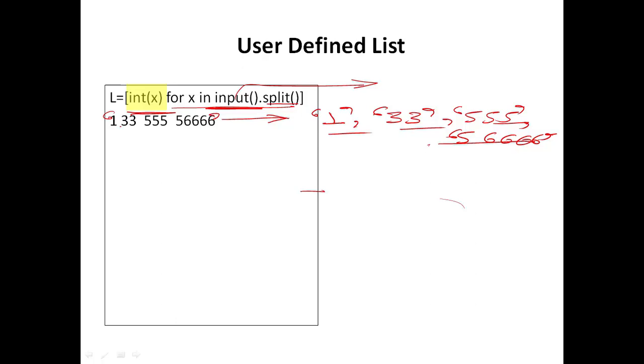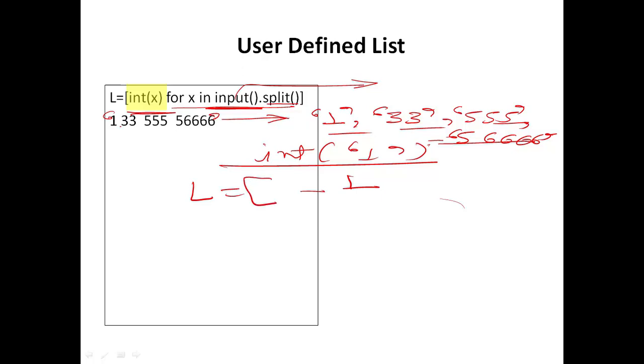It takes one element of this list and typecasts it with the integer value. So first it will typecast the int 1 and it will produce answer 1, and all of this is written inside the list. So we will get our first element as a 1. Next time the 33 will be typecasted, so now this will become an integer value. Now this 555 will be typecasted using the expression, so now this will become 555, and finally the last element will be typecasted to integer, so this will become 4 times 6.